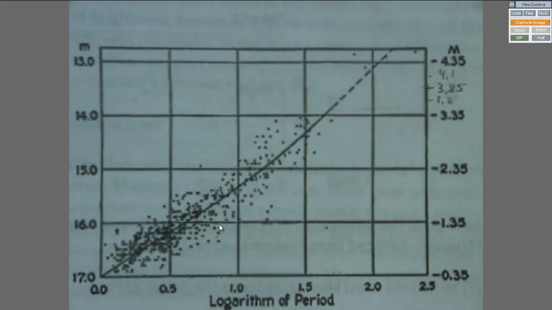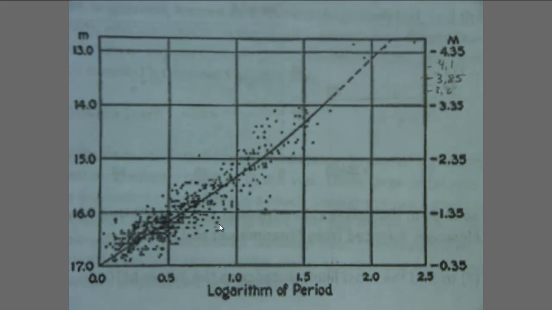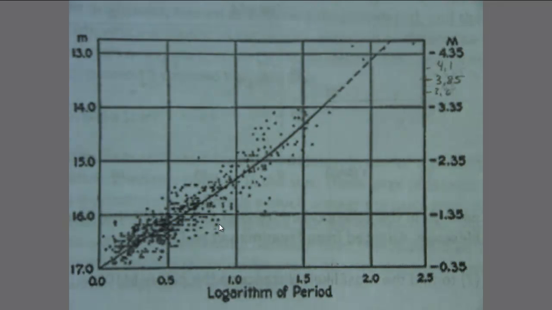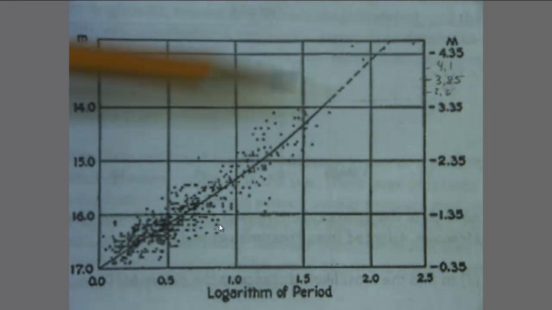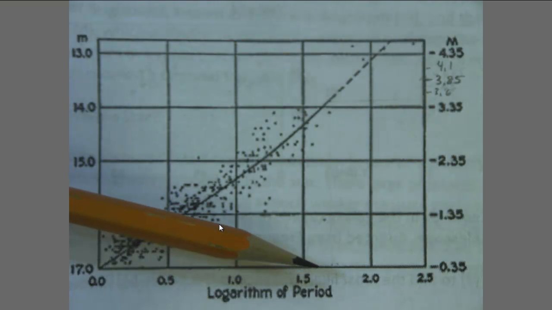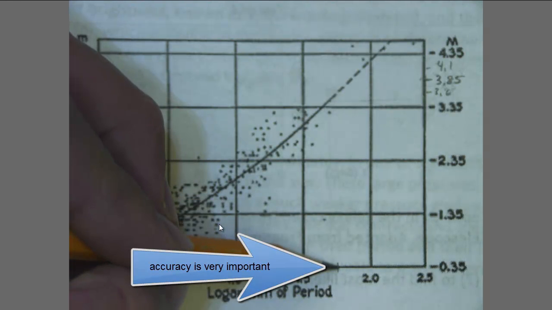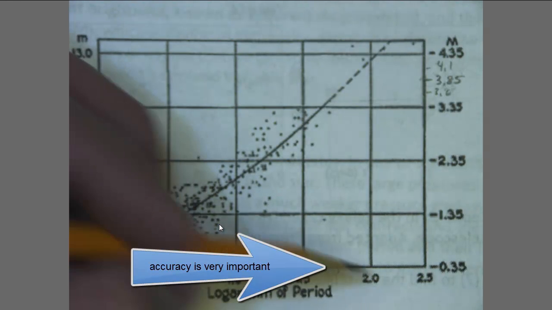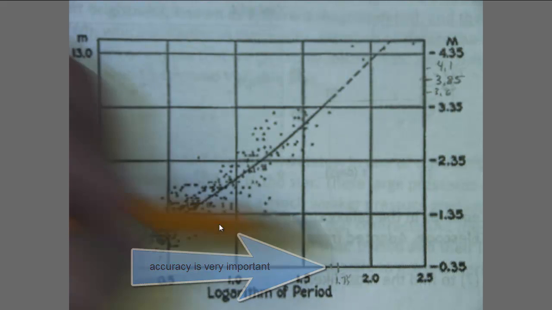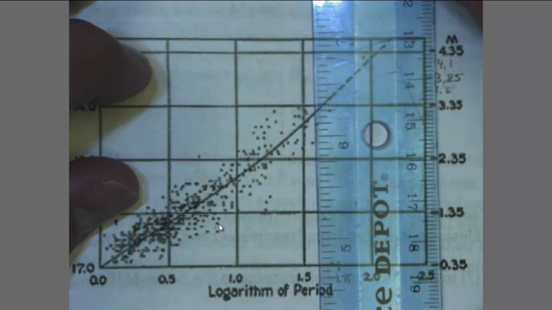So again, we're trying to find the absolute magnitude of this Cepheid variable star, and what we know is that our star has a log period of 1.72, so about halfway between 1.5 and 2 is 1.75, so ours is right about there. So if I take my ruler and carefully draw a vertical line,